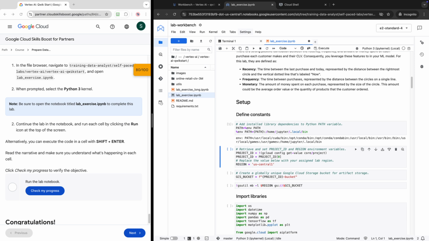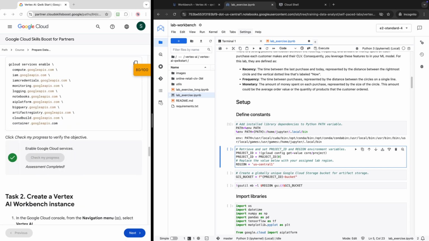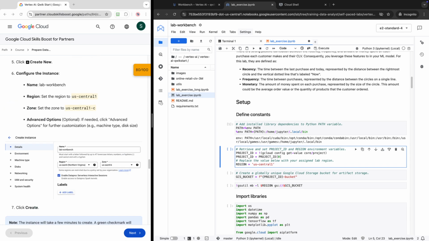Replace. Okay. In this step, you can see we retrieve and set the project ID. This is retrieving the project ID and the region. So the region is us-central1. This is correct because you know that we selected us-central1. So we should be good with this. Shift enter,